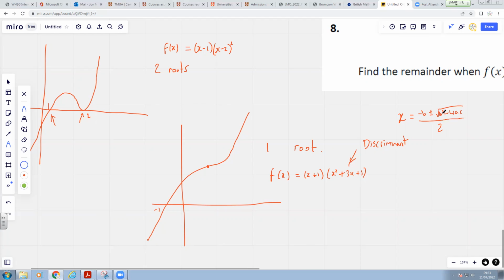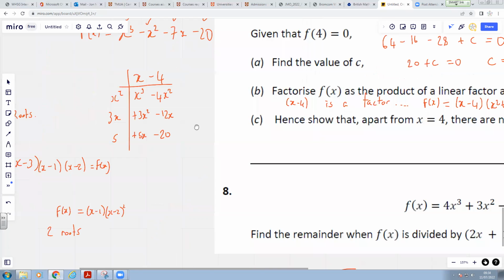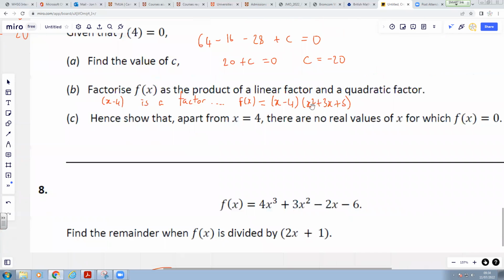But that's only in further maths. In terms of a real number coming out and actually being where it crosses the x-axis, that won't happen if you're square rooting a negative here. So what we need to show is that for our x squared plus 3x plus 5, that can never equal 0. So let's just consider x squared plus 3x plus 5. I'm going to say this equals 0. And I'm going to say this has no real roots as